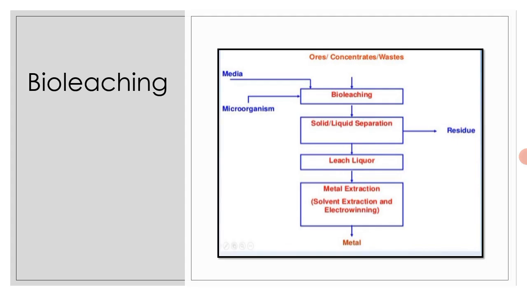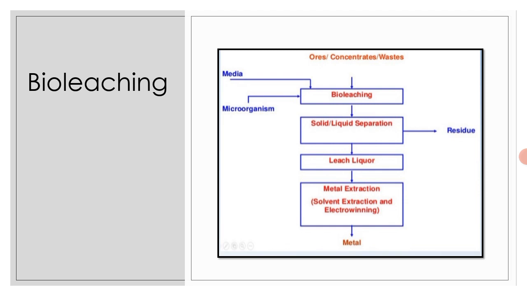So first, this picture has been shown in the previous lecture also. This is the rough diagram of the bioleaching process, how it takes place. I'll repeat once again. Starting with the ores, the mineral ore where our metal gets deposited. From that ore, we will be extracting the pure metal. What is ore? Ore is a rock, or any concentrate, where the metal gets deposited. From there we can extract the pure metal.